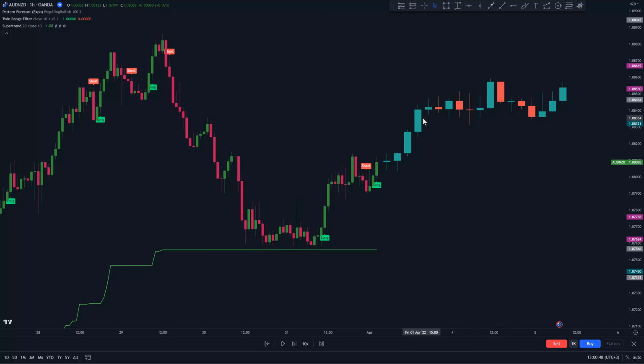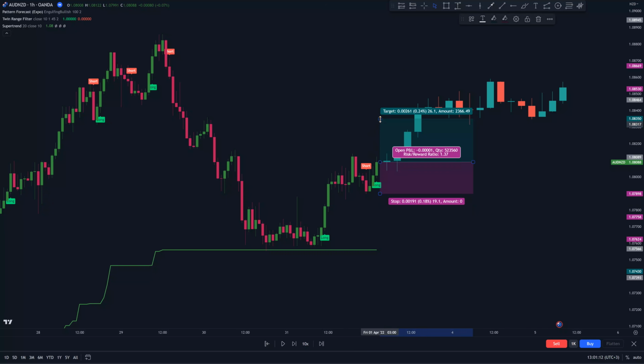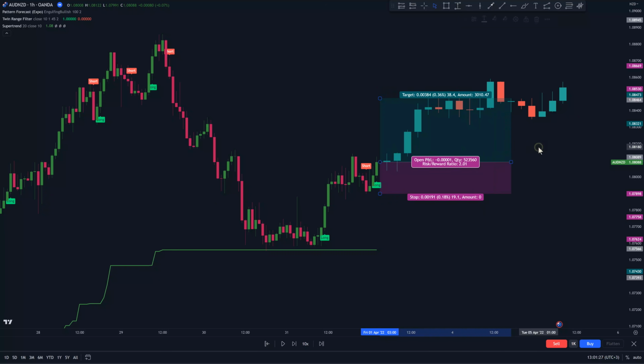To confirm that, we just take the long position tool and place it on the open of the first predicted candle. The stop loss is going to be set below the most recent swing low. And for the take profit, we're going to set it at 2 times the risk, aiming for a risk-reward ratio of 1:2. Taking a look at this, we can clearly see that this indicator is predicting that in the future, the price will definitely go beyond our take profit level without touching the stop loss, making this a valid trade setup. We let it run